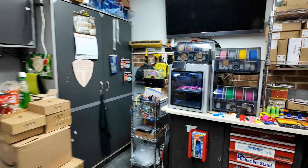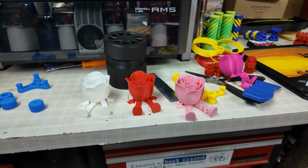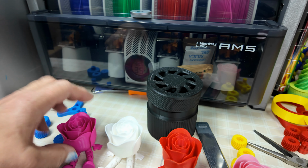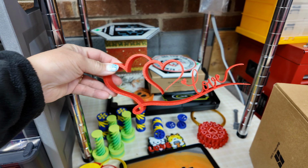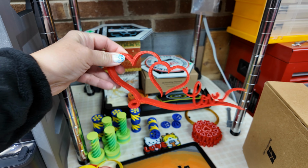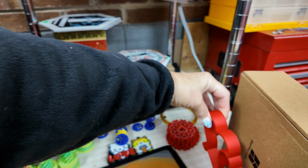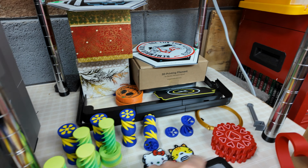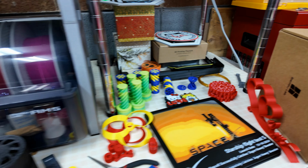So I've been printing some pretty things, but I don't want to bring them in the house yet because I'm not ready to look at Valentine's Day. But I've printed these roses, these articulated leg rose guys. And I printed this love, just a little shelf sitter. And, okay, we'll put it back where it was. And the little Hello Kitties and the little fidget spinners. And I've been printing,